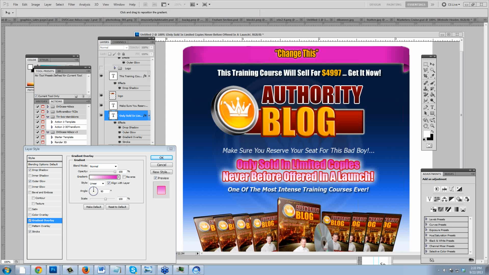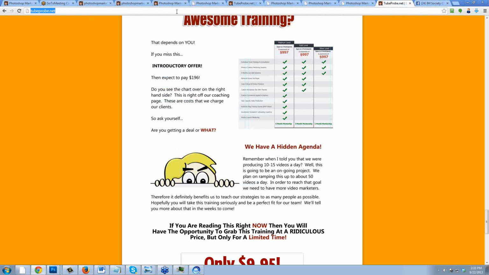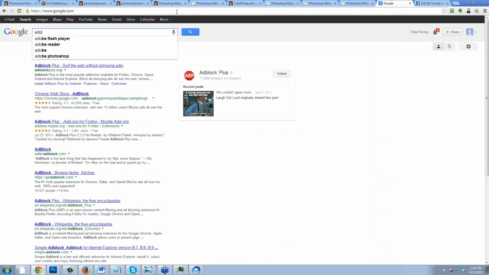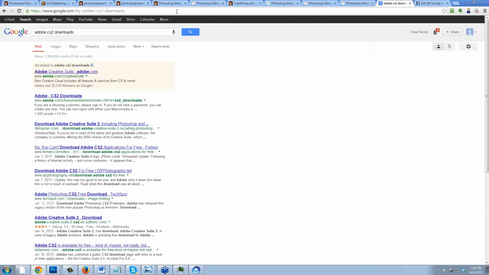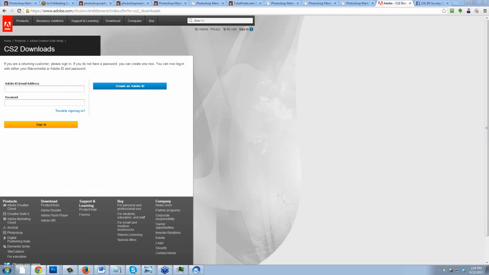Can you copy and paste a link for CS2 downloads into chat? We can't read your screen. Sure, no problem. I'm sorry. So all I did was close that browser, go to google.com, and type in Adobe CS2 downloads. I got this link right here, and I think you just need to create a free account with Adobe. It really is free. It's not a bad thing. Here is the link. Let's see if I can post it. Okay, there's the Adobe link.